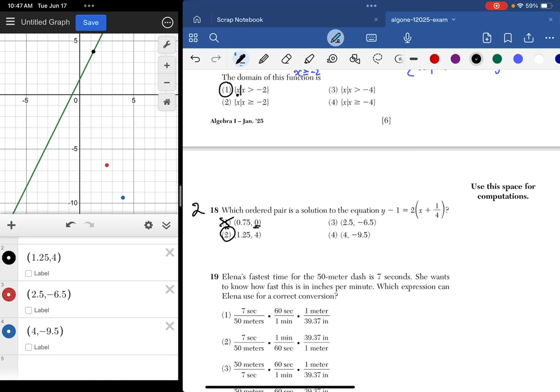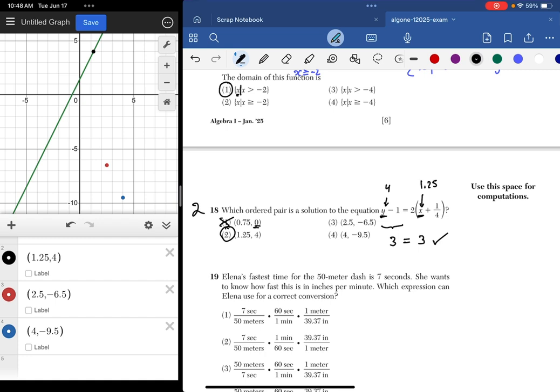Like I said, the alternative to this would be to actually solve by plugging in each ordered pair into this equation, x for x, y for y. So I'd have to replace this with a 1.25 and then replace that with a 4. So this would simplify out to 3 over here, and then it would be 3 on this side also. So 3 equals 3, it checks out. But you'd have to do that for all 4 choices, or at least until you get to the right choice. Just be mindful of little things like sometimes they don't say which is a solution, they'll say which is not a solution.